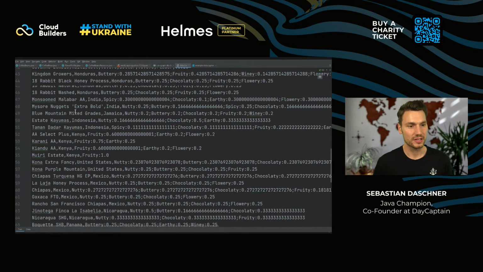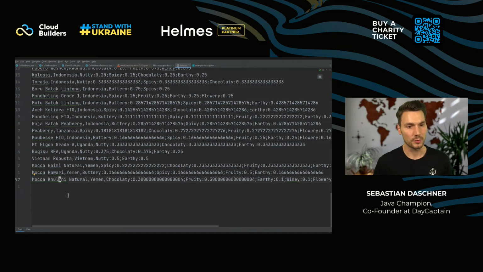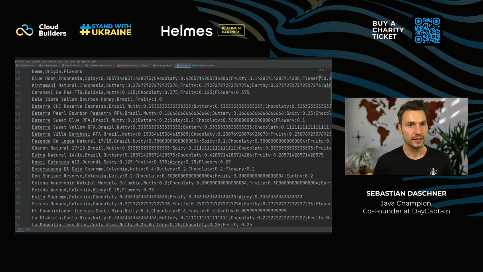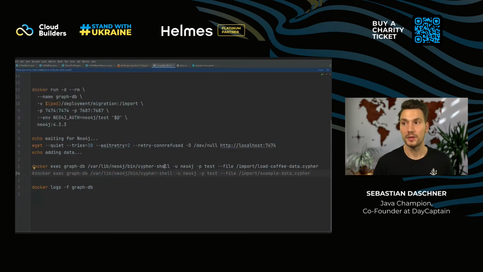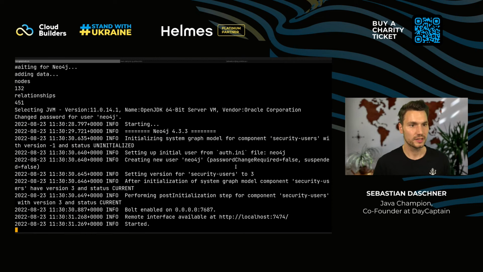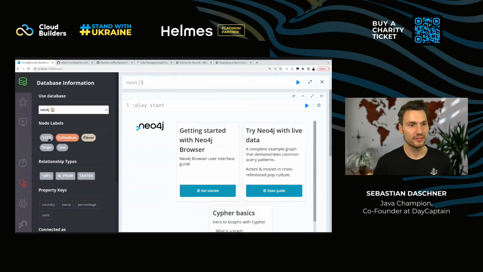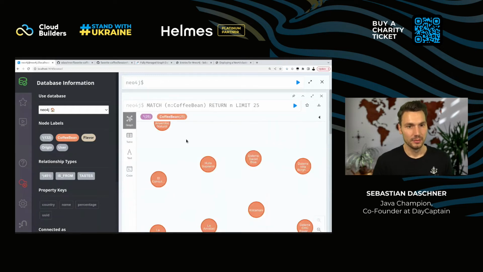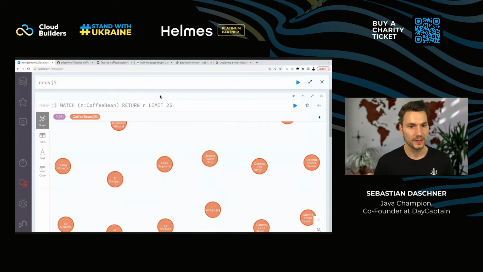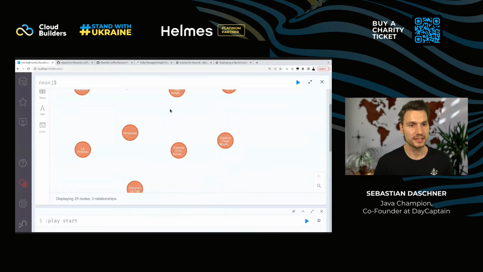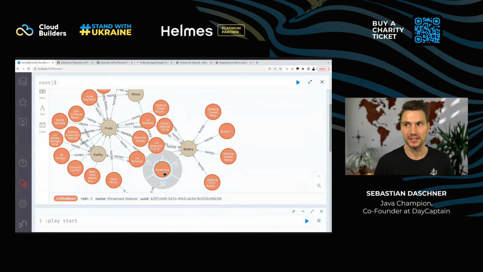So it's more interesting, because there are almost 100 coffee beans that I will now load up from a CSV file here, and that will be loaded into my database. So once the database is up and running, now I have much more data. So I have many coffee beans. These are only limited to 25, but it doesn't matter. So I have many beans that taste like, you know, something. So here you see this is a very